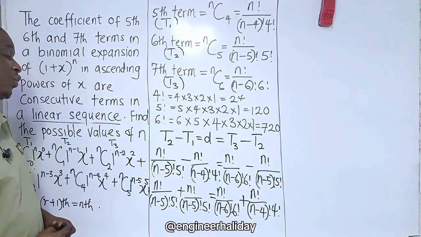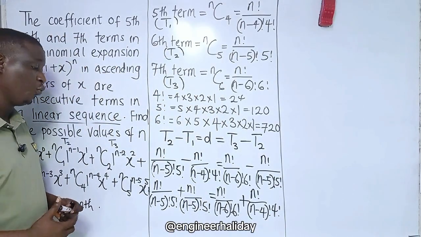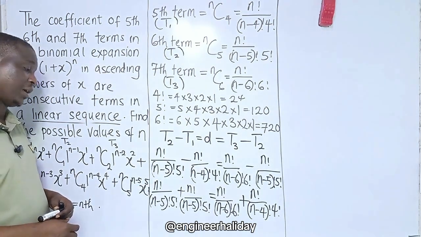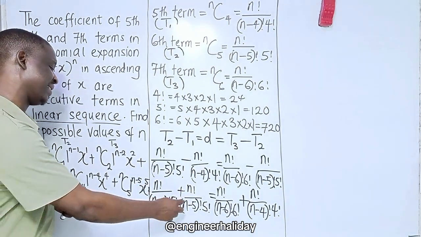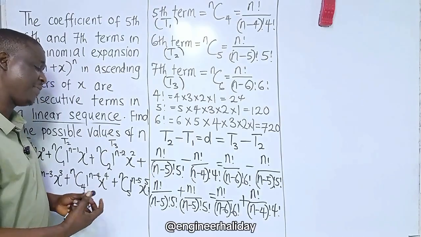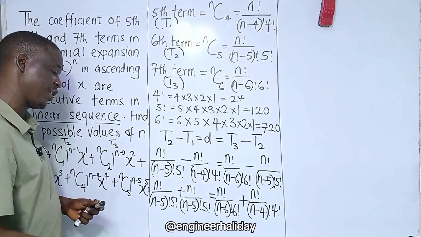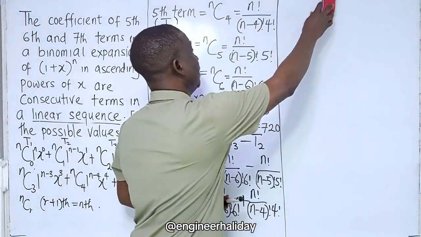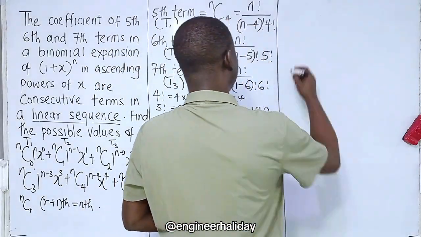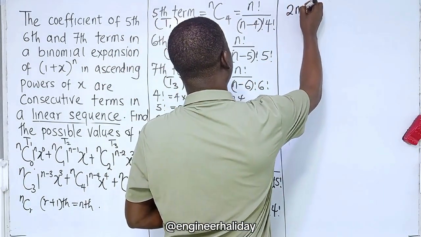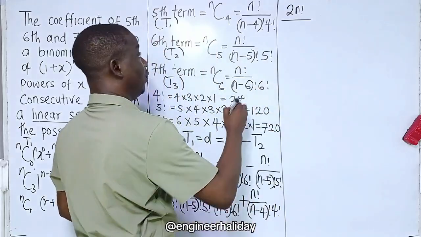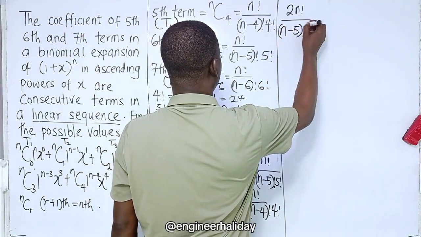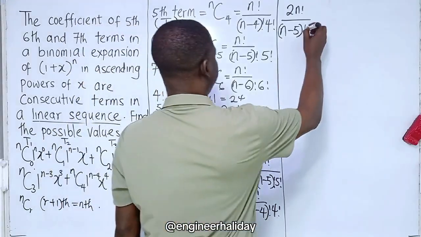Now, having gotten to this point, we can as well factorize this n factorial, and we can add these together since they are the same thing, just like adding a plus a gives you 2a. This is the same thing, this is the same thing. We can add it together, and that becomes what? Moving to this other side, we have 2n factorial over (n minus 5) factorial, then 5 factorial